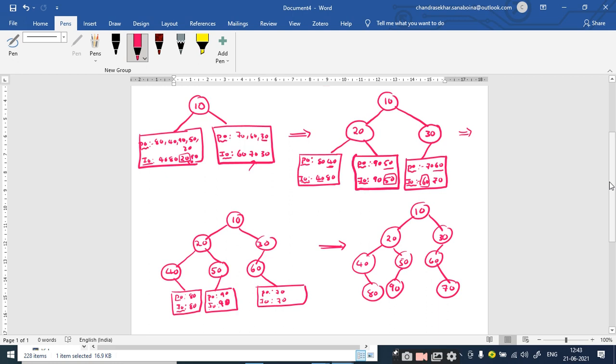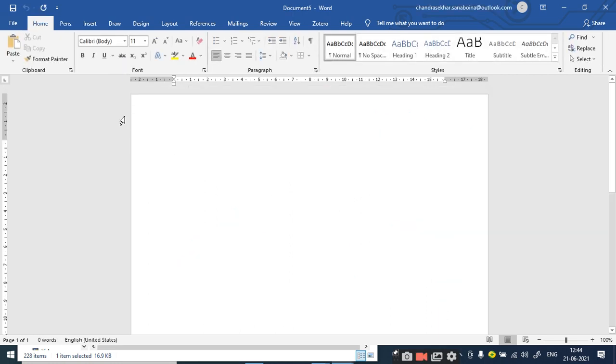Yes, sir. So this is how we are going to construct the binary tree from the pre-order and in-order traversal, and similarly we can construct the binary tree using the in-order and post-order traversal, right? So without in-order traversal you cannot construct a unique binary tree, right? So as I told, can we construct the binary trees if only in-order traversal is given?